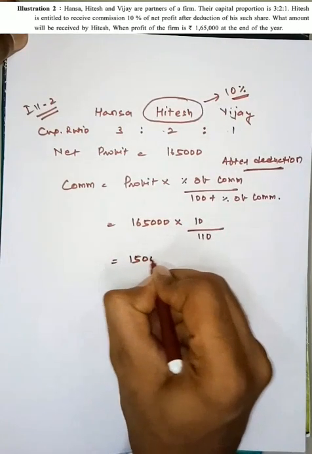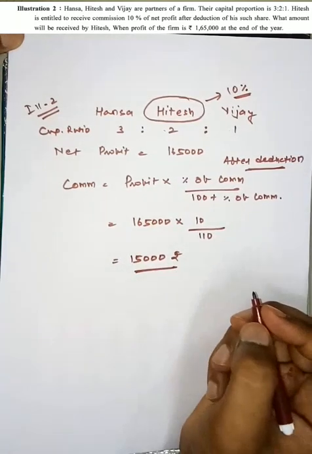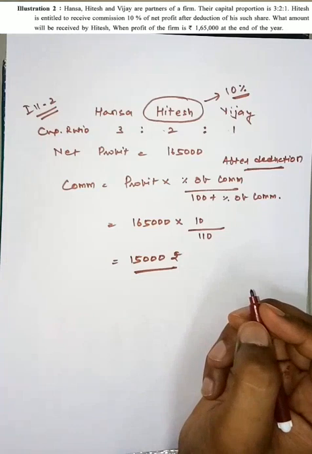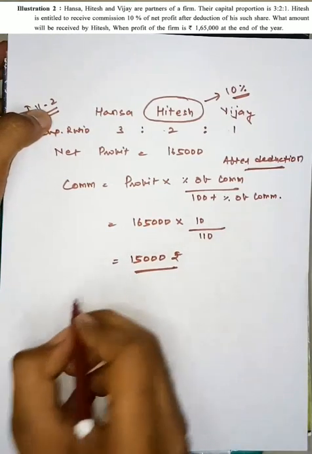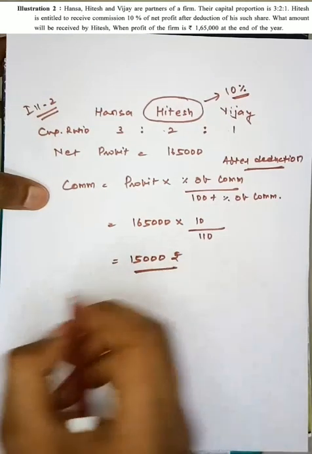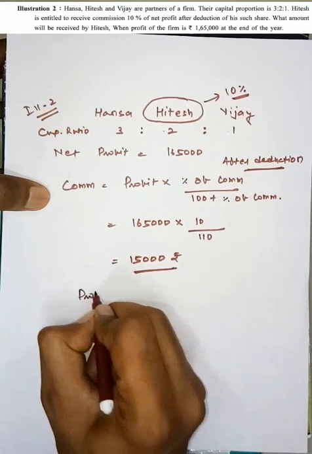So he will receive 15,000 rupees as a commission. So this is your first answer. Now what they have asked? They have asked how much amount Hitesh will get. So ultimately, what is the profit? The profit is